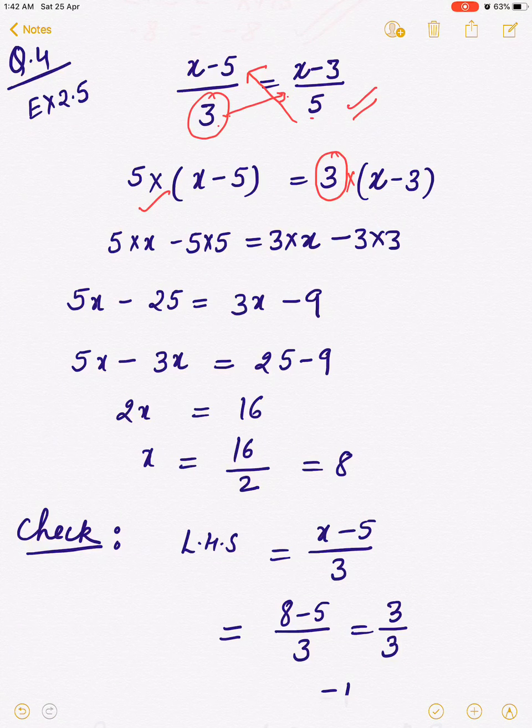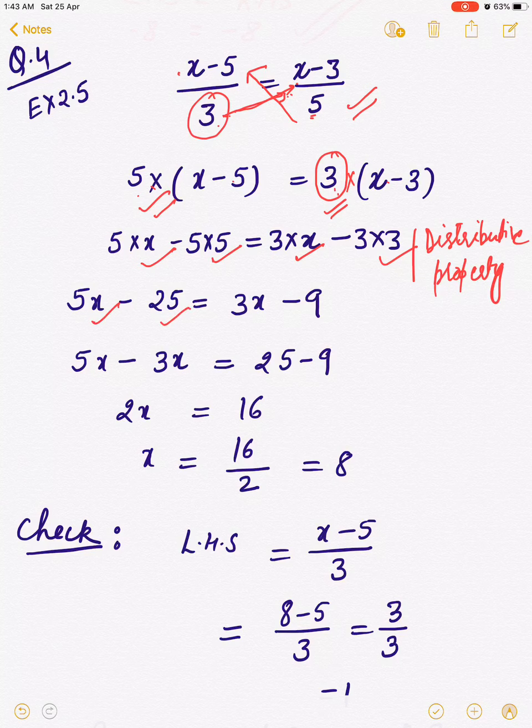We can do here cross multiply. We can say this is cross multiplication I am doing. 3 will get here, 5 will get transposed here in multiplication, and this will be my new form. Now I can distribute this 5 with x, 5 with 5, 3 with x, 3 with 3. I have used here distributive property. Okay children.